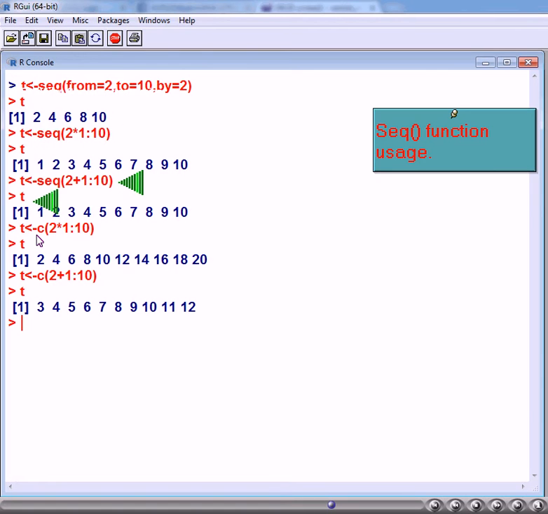This time I am sending 2 plus 1 colon 10 as argument to the sequence function. This time also the sequence function has generated the numbers 1 to 10. Here also there is no effect of 2 plus. The readers are expected to note this aspect.